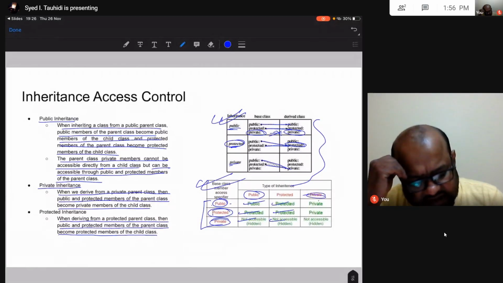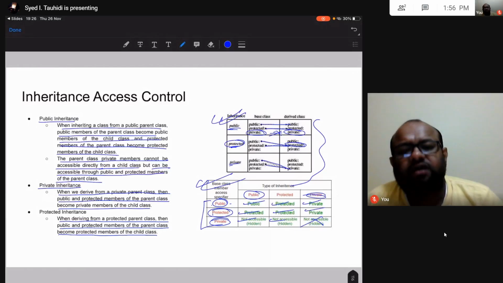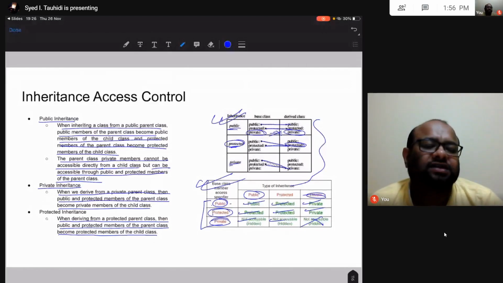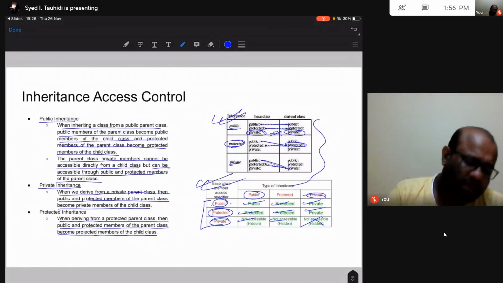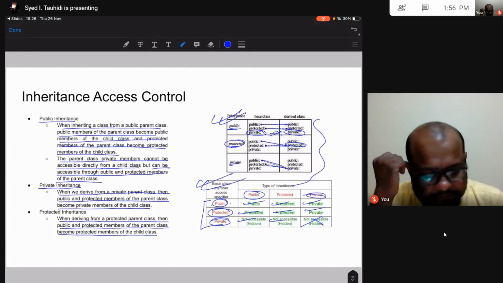In private inheritance, public and protected, both of them become private, and private is of course not accessible. Alright, so this table and the table above both summarize what we did in the last 3-4 slides. Alright, so this is inheritance access control, and this ends our discussion for today.